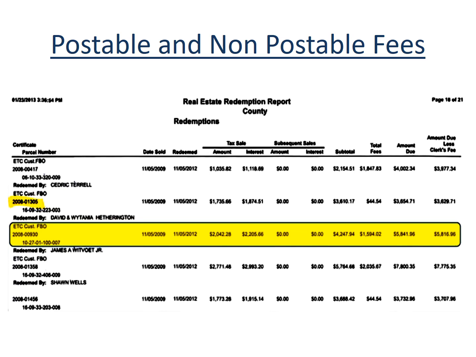So the original investment was $2,042. It was a lien that was bought at 18% originally, so it redeemed at 108%, giving you that subtotal, and then the total fees that were posted. $1,594.02 is what was paid towards the postable foreclosure cost to foreclose on this lien. And you can see there's 3 that actually redeemed on this particular spreadsheet, but I've highlighted just one of them for you to look at.